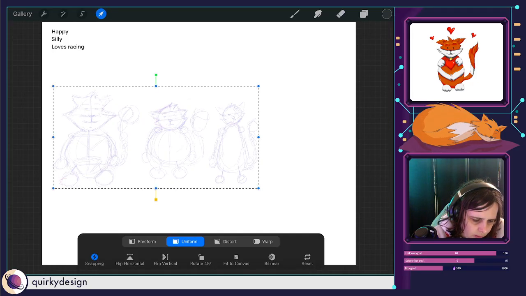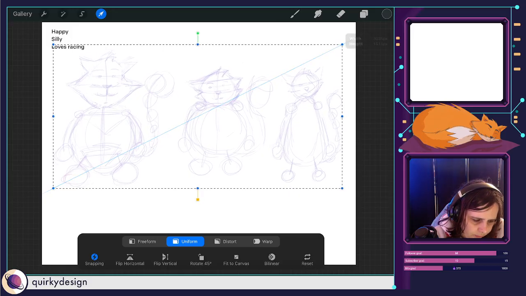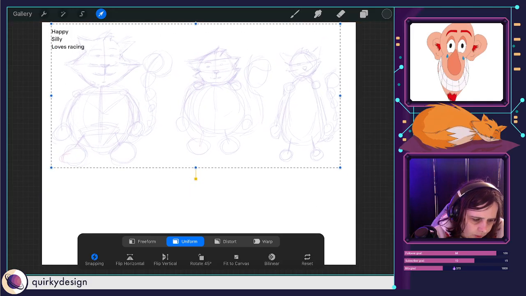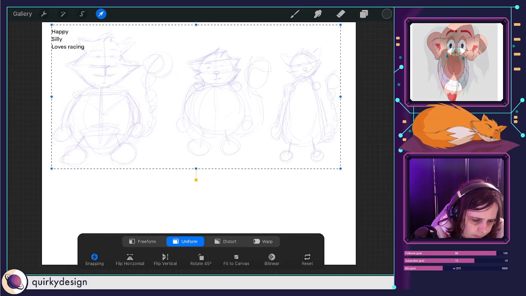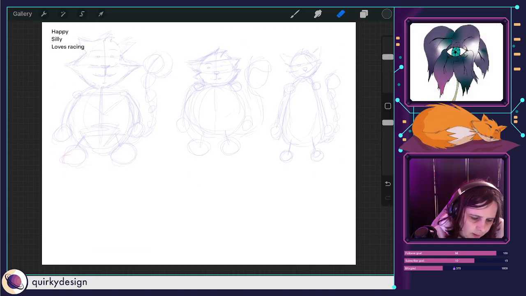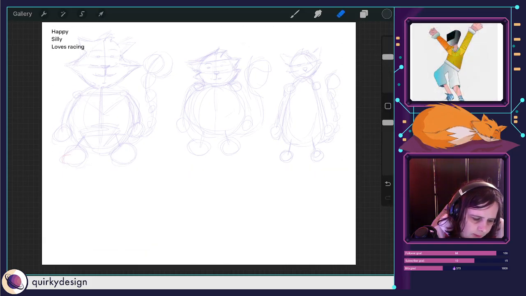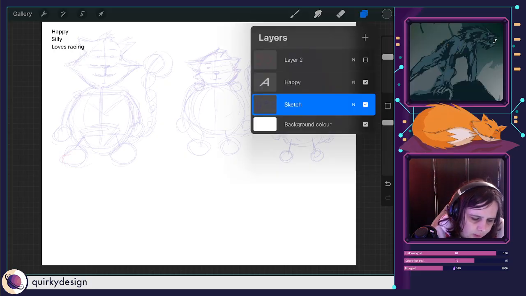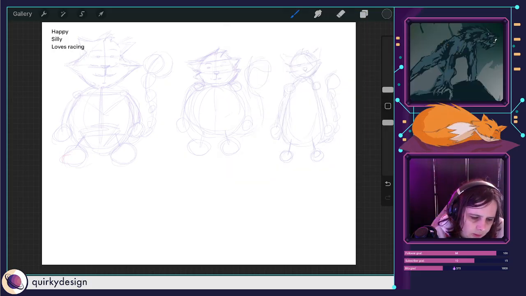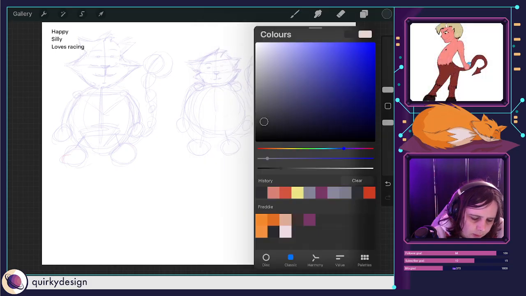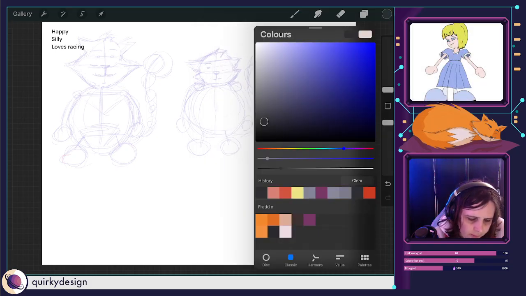Does that work? Yeah, I could do that and then just lay them on top. Right, okay, so yeah, got 3 concepts there. And let's just add in another 3. So I shall just work on this. Like I said, I just want to start it from scratch again, really.